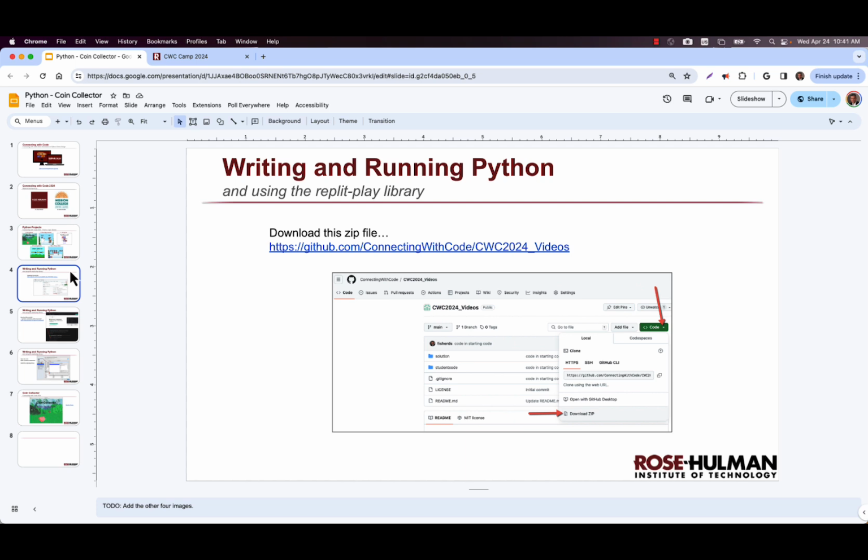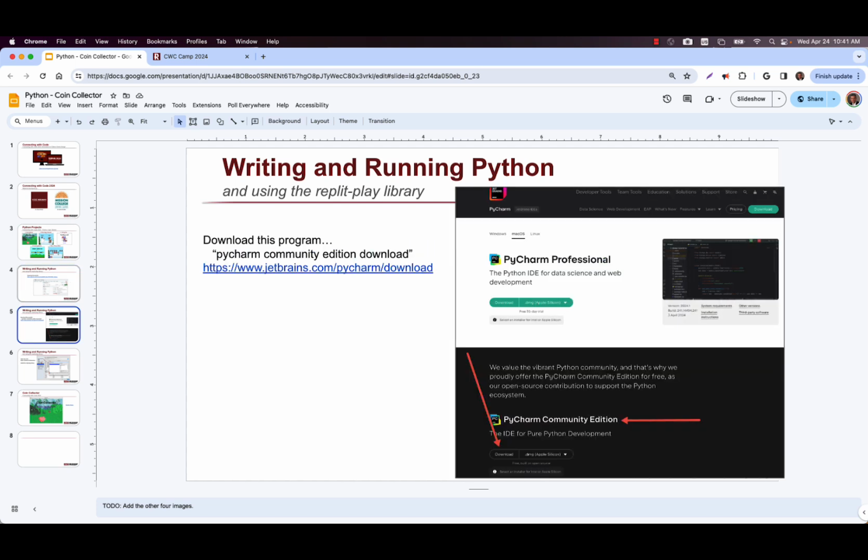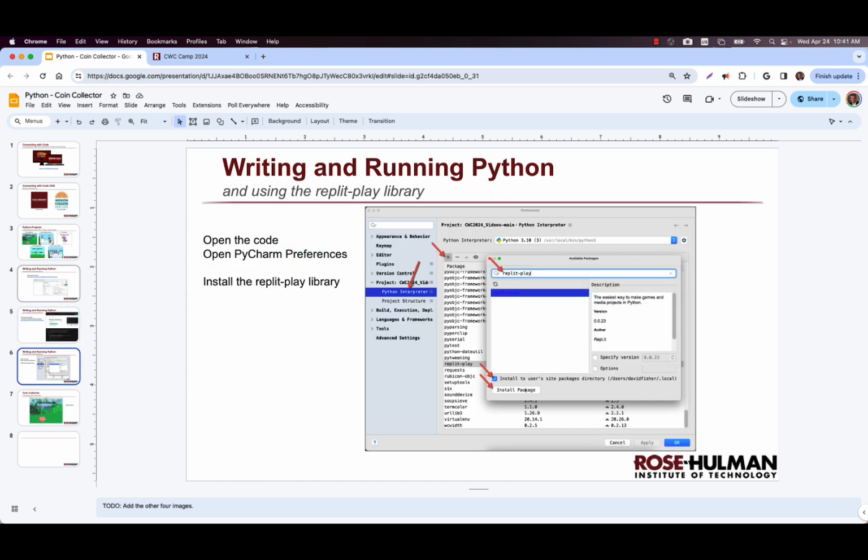Once you've got the code on your computer, that's actually the easy part, then you have to figure out how do I want to run it? We're going to show you how to use a program called PyCharm to open up that code and then run the Python program on your computer using PyCharm. You cannot do this from a Chromebook. It will have to be an actual regular laptop, either like a Windows computer or a Mac or a Linux computer, something like that. The way I'm showing you won't work on a Chromebook.